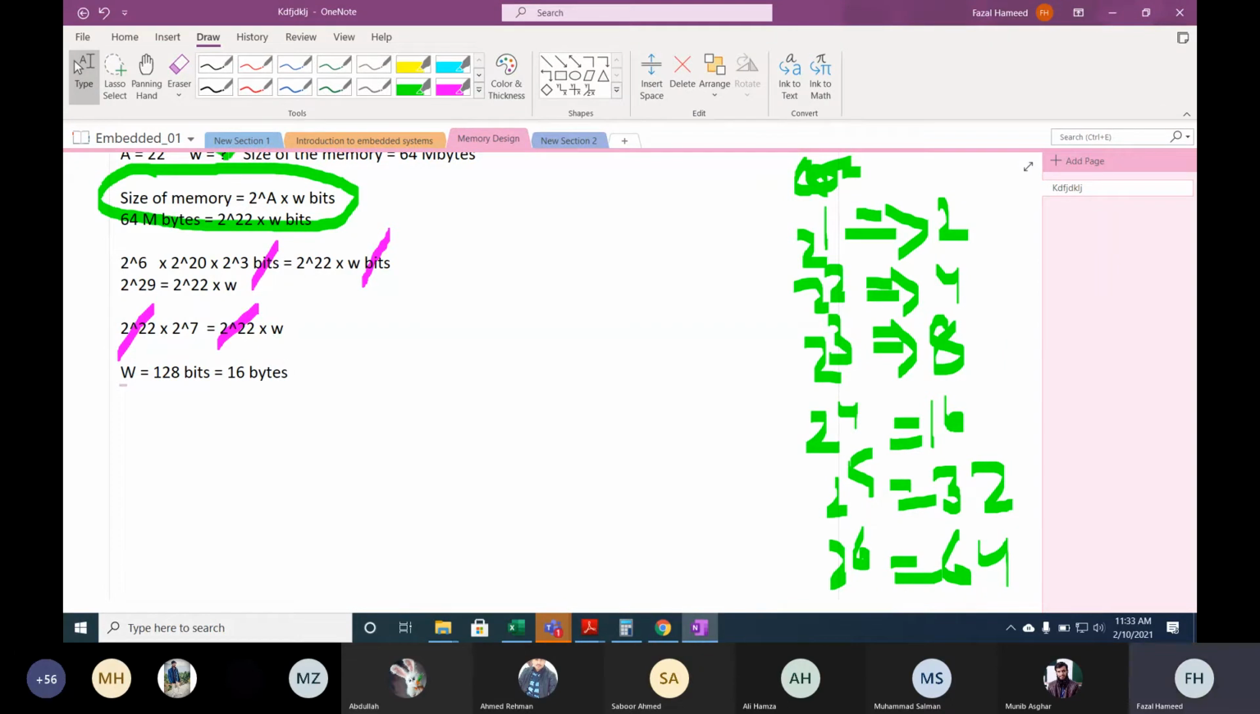ठीक है बेटा, समझ आई बात या नहीं आई? Yes, sir. ओके, सो नाउ